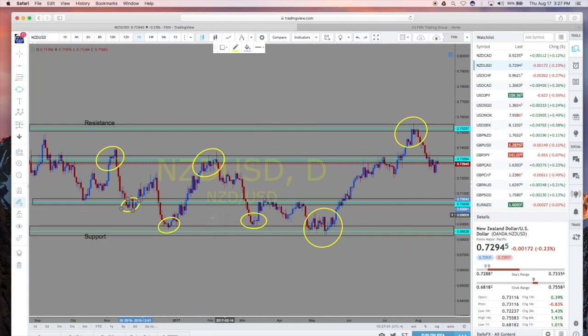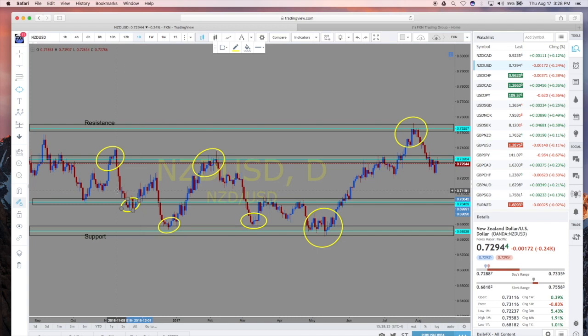So one last thing about support and resistance is, let's say in this example here, buyers drove price up, came up to an area of resistance, came back down, and then drove right through that area of resistance. Okay, now buyers came up to a different area of resistance and got stopped. Now the previous area of resistance, because price has surpassed it and is above it, now becomes an area of support. Okay,